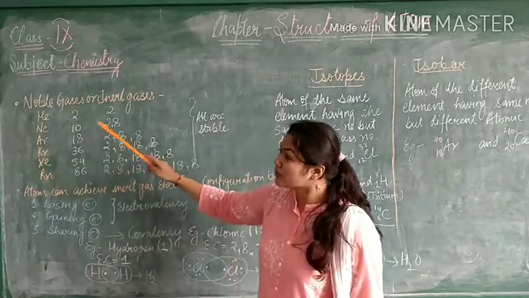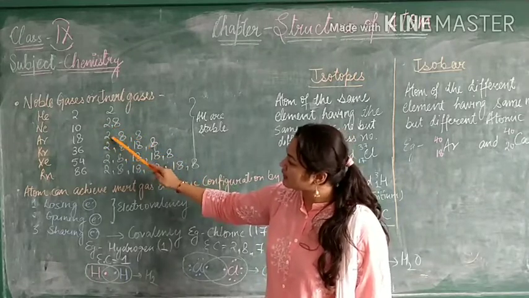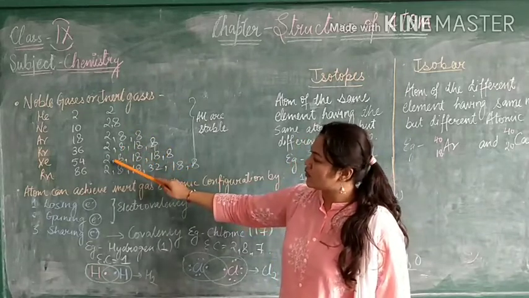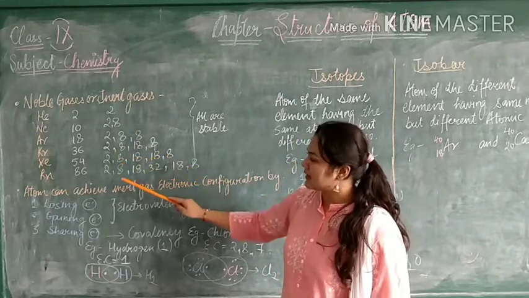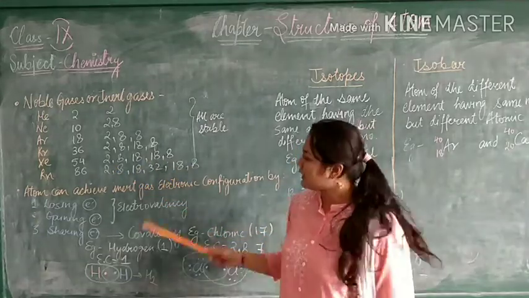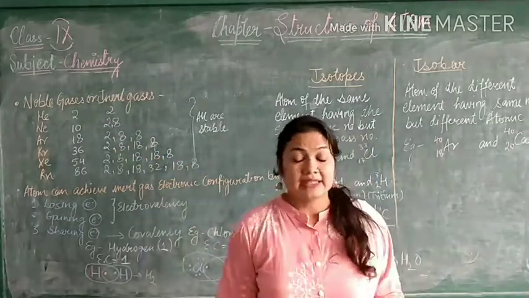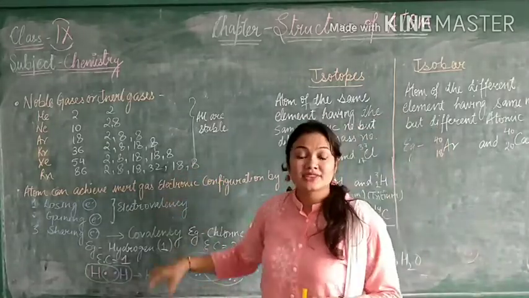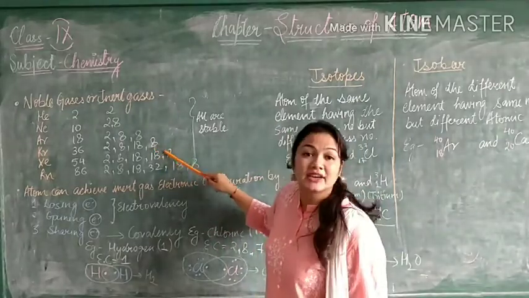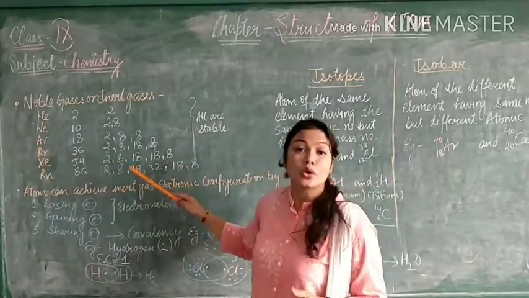Okay. So they have electronic configurations like helium 2, then neon 2, 8, then argon 2, 8, 8, krypton 2, 8, 18, 8, xenon 2, 8, 18, 18, 8, and then radon 2, 8, 18, 32, 18, 8. Now, you will ask, ma'am, how are they accommodating 18 electrons? See, the thing is this, it's because they want their last shell to have 8 electrons. So there are some circumstances in which this configuration also happens.